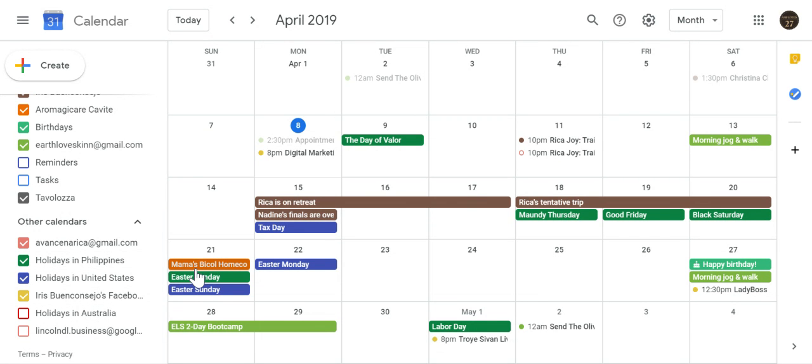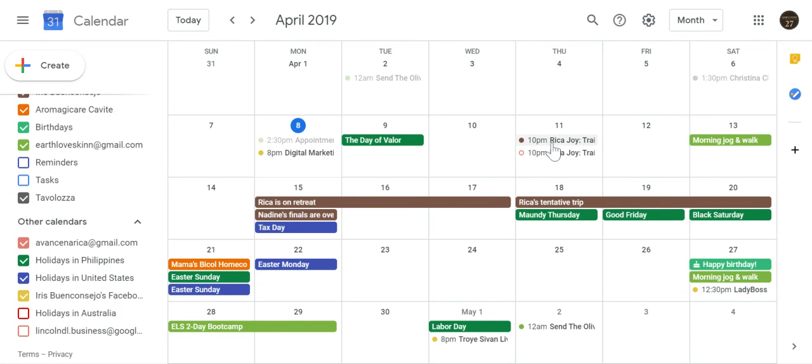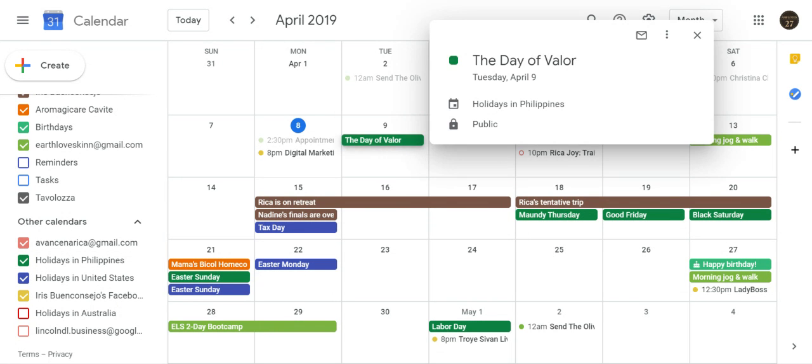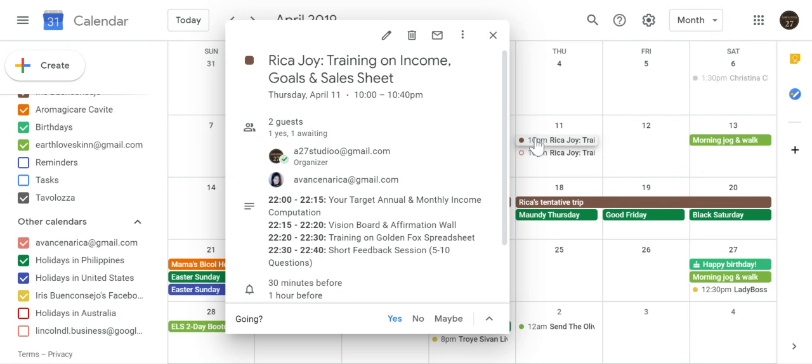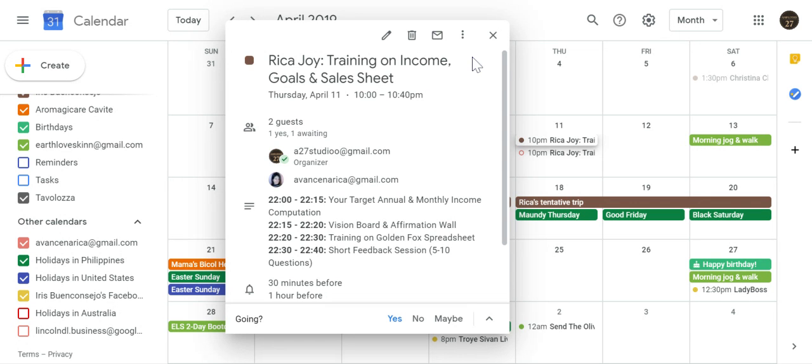If your client, typically an entrepreneur, is following marketing dates or retail marketing dates, or just holidays, we can check this off, and check that on again. So for all day, as you can see with this one, Day of Valor is just April 9. There is no set time. Whereas with this one, there's a 10 to 10:40, and you can see how the training looks. There are notifications of 30 minutes before, an hour, 6 hours before, 1 day, 2 days before, just so I don't forget. So for the first time, I'm going to do the booking for this first training with Rika,